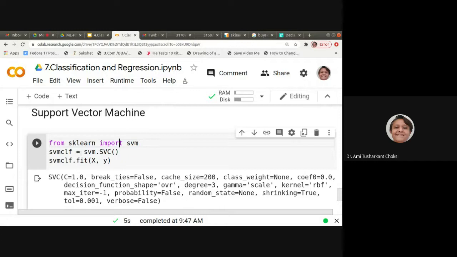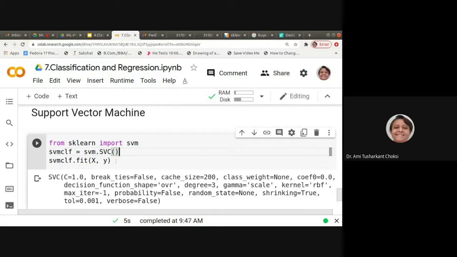Now, for having the object of it, we create it as svm.SVC, support vector machine classifier, right? So with the help of svm.SVC, we are creating the object of our classifier.